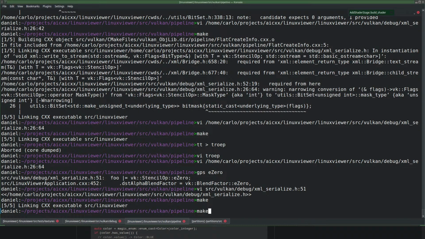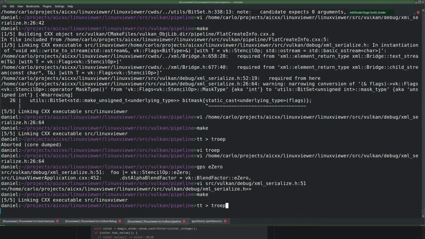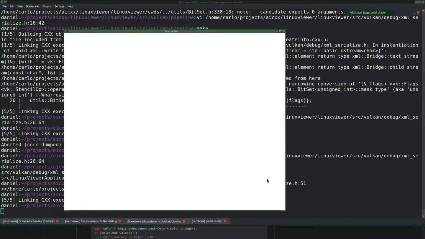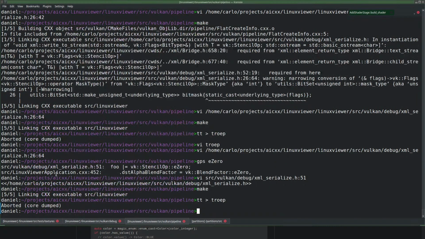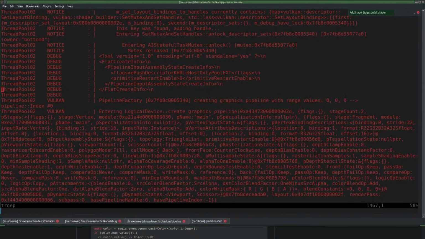Maybe I should print all the enums separately in the XML. Actually makes a lot more sense. Okay, now it prints the right thing.